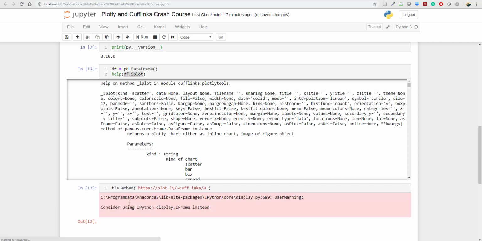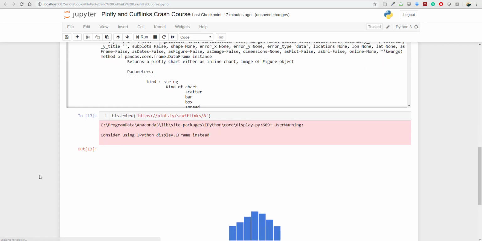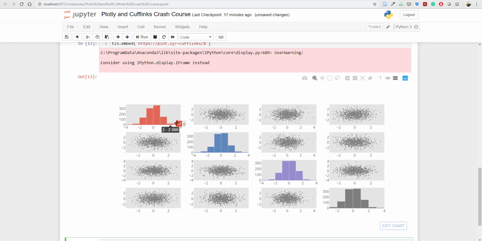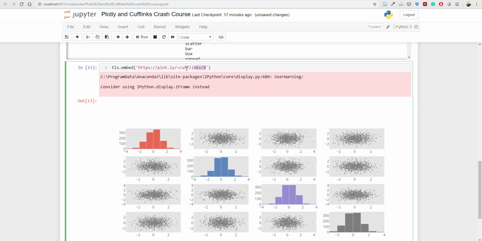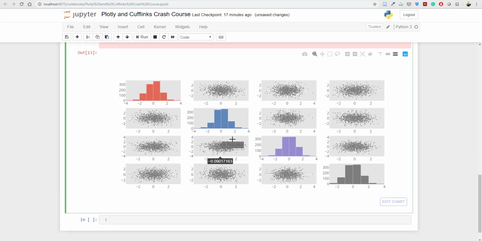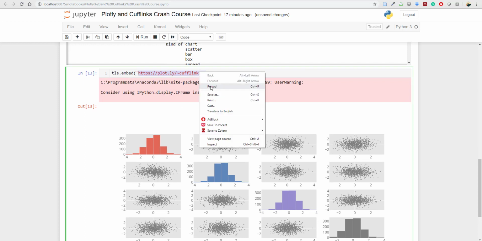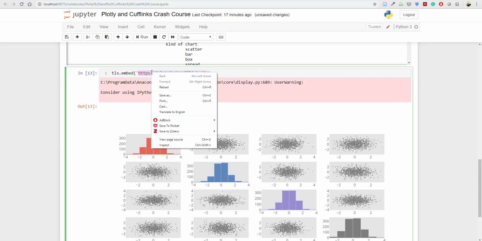So let's run this cell. Now you will see a graph loaded. So how it is working here: it is bringing this plot from the internet, and then finally plotting it here. We can see this plot online if we copy this link